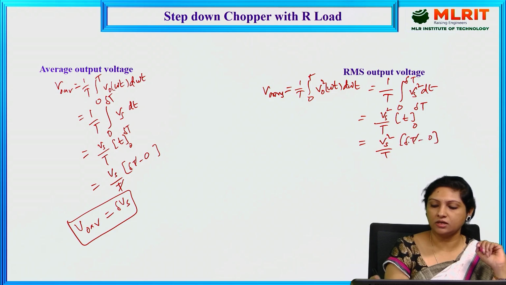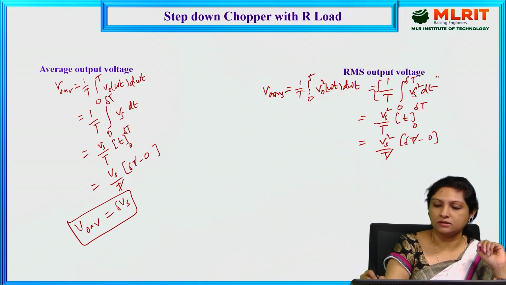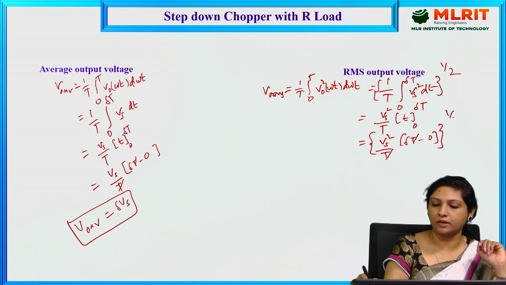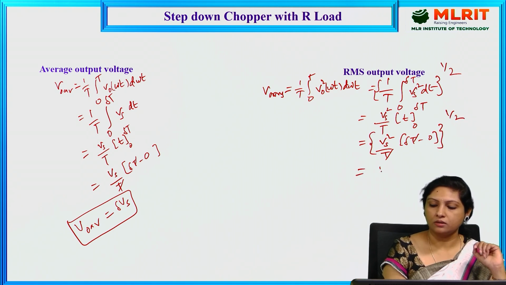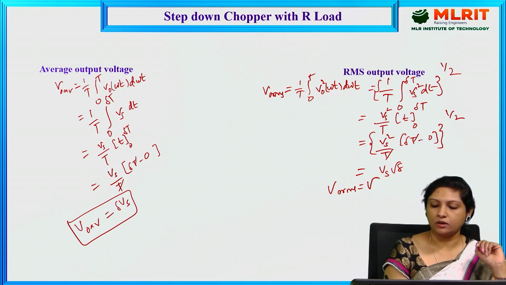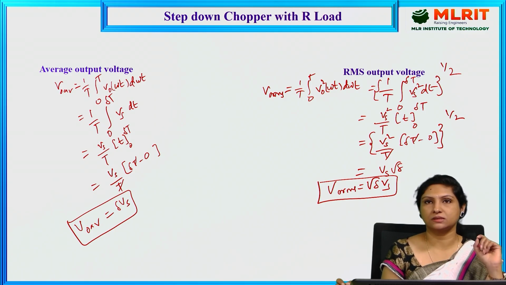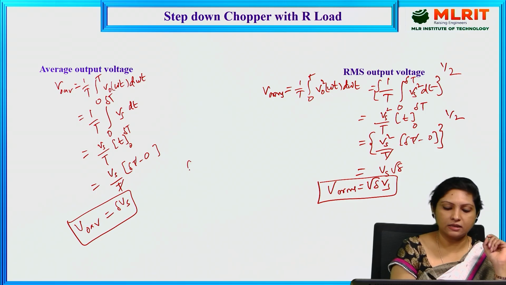Here T cancels, and this is whole to the power of 1 by 2, giving Vs under root delta. That is, the V0 RMS expression is root delta times Vs. This is the V0 RMS expression for the step down chopper with resistive load, where delta is nothing but the duty cycle of the chopper,